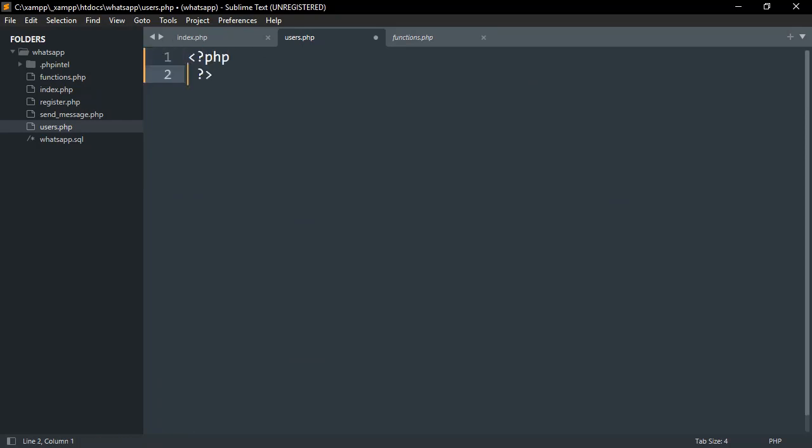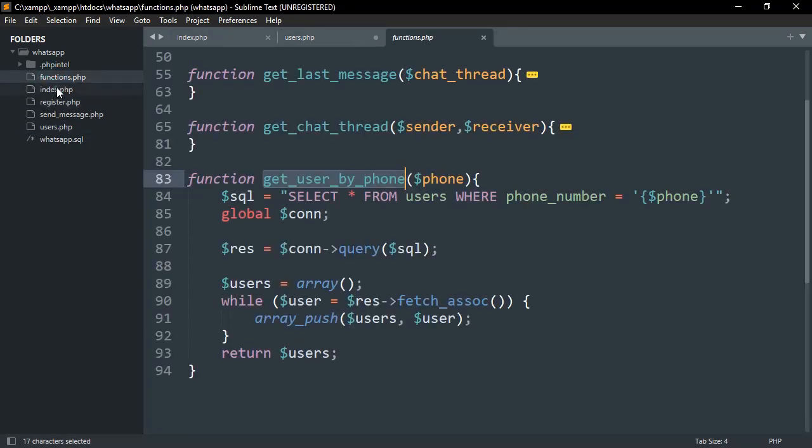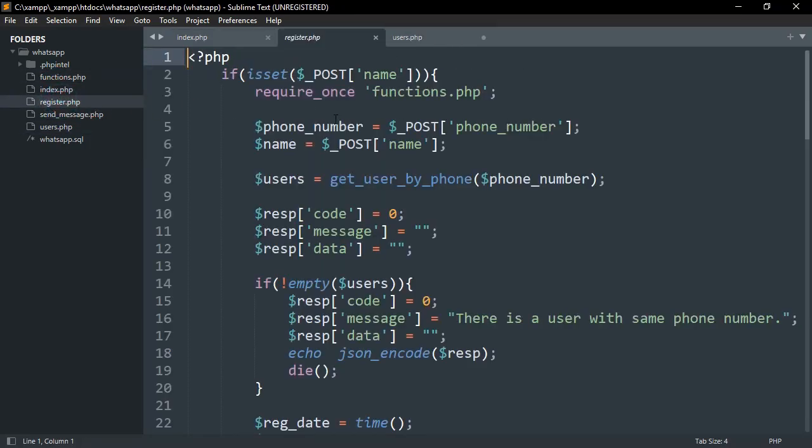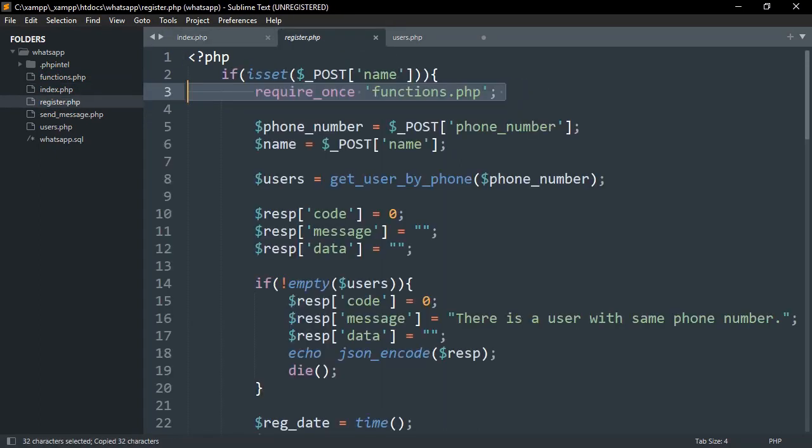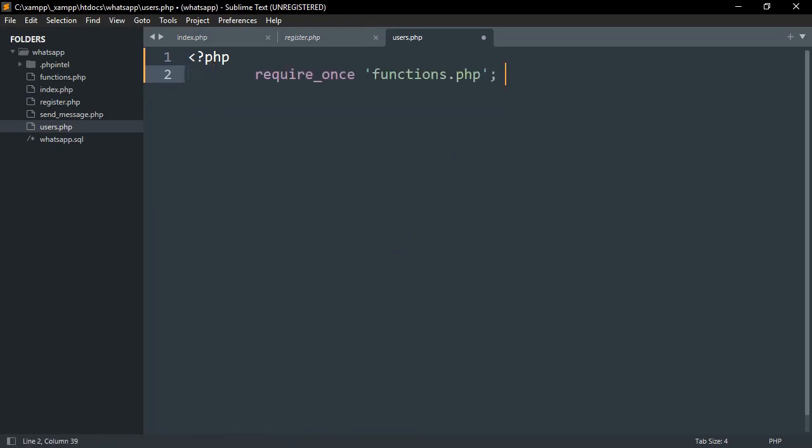I have to include this functions method. Okay, and go with it here. So I have to require functions.php. Okay, so you have to require functions.php. And then